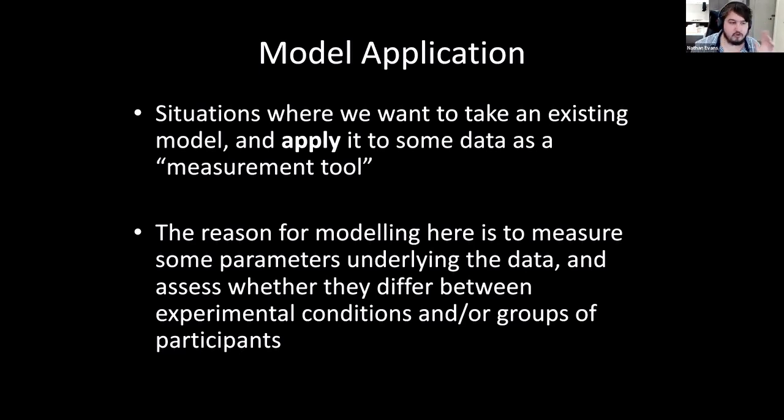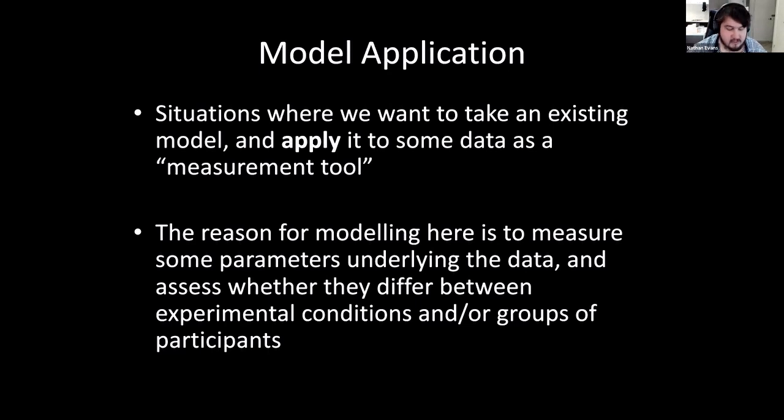Hence why they're referred to as measurement tools, right? Because you're not really testing them as theories. You're trying to use them to learn something about your data. And so what people are trying to do here is measure some parameters underlying the data, right? So they want to measure the drift rate or the threshold or the starting point or the non-decision time or all of these things, and learn something about their data by measuring these parameters and seeing whether they differ between